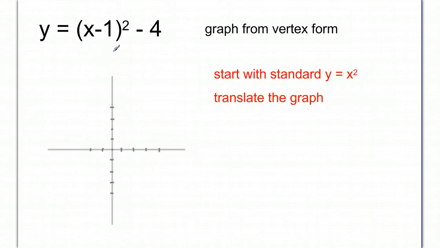In this problem right here, we're going to start with the standard y equals x squared graph. And then we're going to slide it left and right, slide it up and down. And that's what I mean by translate. So the basic y equals x squared graph says, when I plug in 0, I get 0 squared for my y. When I plug in x equals 1, I get 1 squared for my y. When I plug in x equals 2, I get 2 squared, which is 4, and so forth. So I get 1, 4, 9, 16,